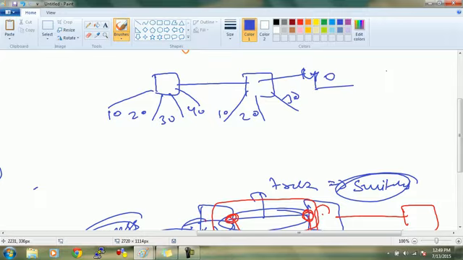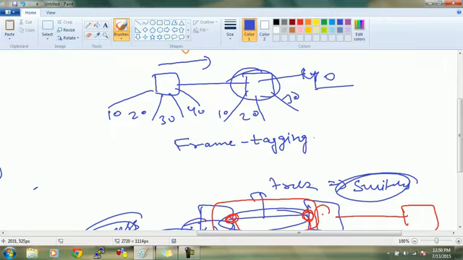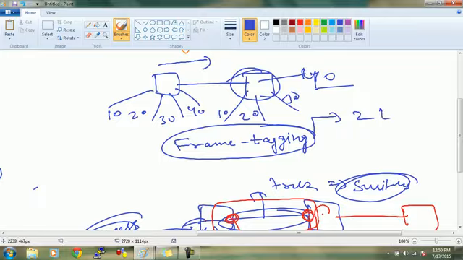Now 10 will communicate with 10, 20 with 20, 30 with 30, 40 with 40. But now the main concern is, when this guy will send data, how will this switch recognize which VLAN it belongs to? Yes or no? Yes, this is the case. Because 10 is a different broadcast domain, 20 is, 30 is different. For this, switches use frame tagging. For frame tagging, I have two